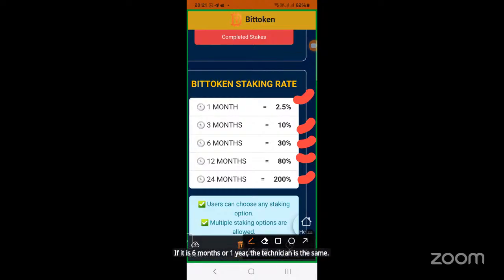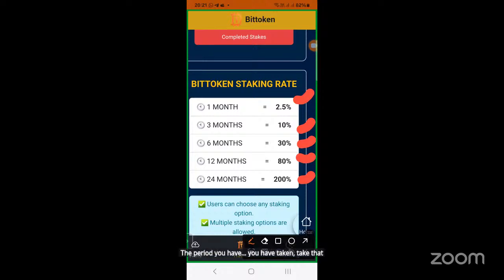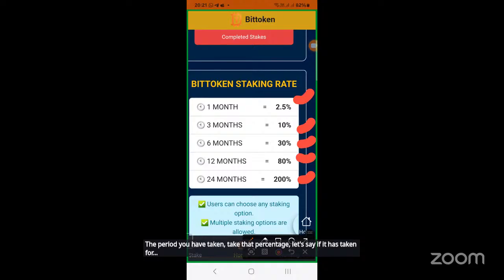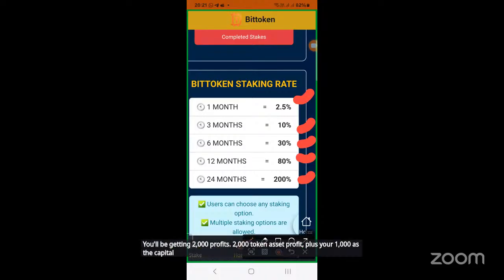Somebody was saying that if I stake my 1,000 token, how much am I going to be getting a day? You take the period and that percentage. Let's say you are staking for 24 months, which is 200%, and you are staking 1,000. It means at the end of the 2 years, you'll be getting 2,000 token as profit, plus your 1,000 as the capital,